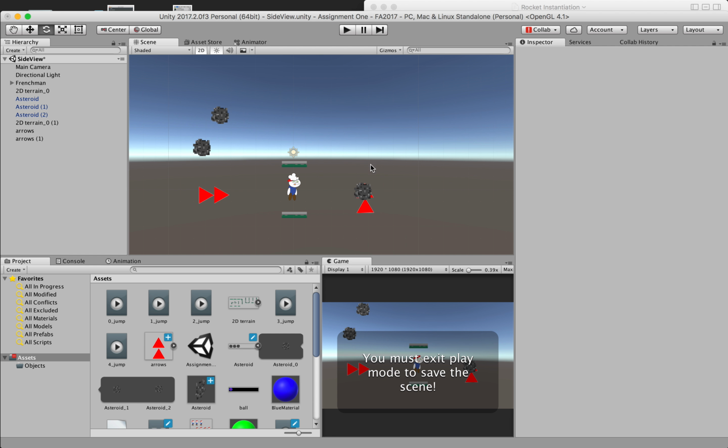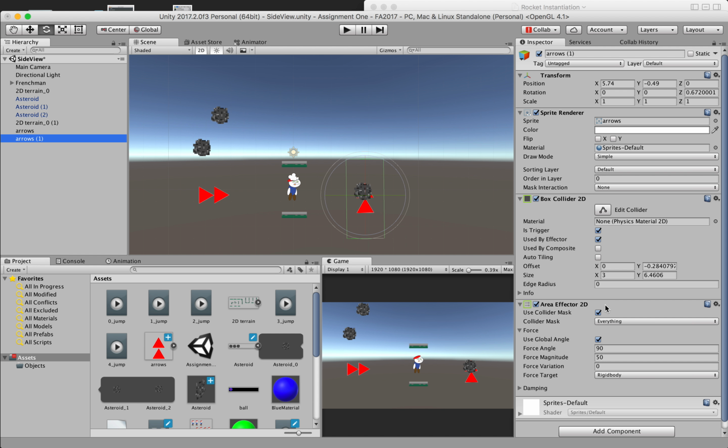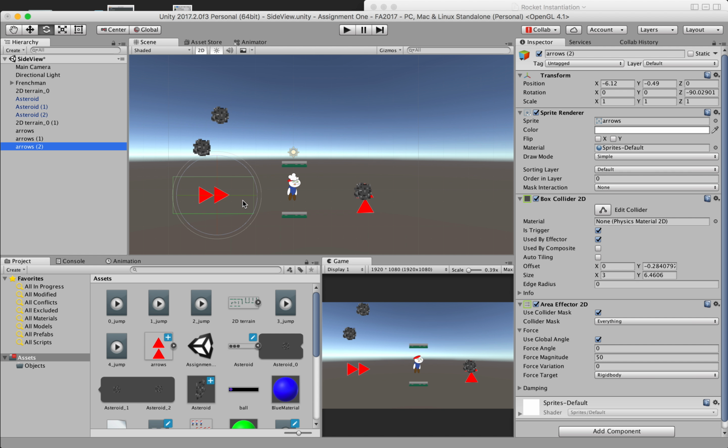Since I had it in game, it's not going to stick, but I'm going to click on this arrows guy again and just change that. Let's see if we can get things to move in a circular pattern. At this point, we have enough information to complete your assignment. We have